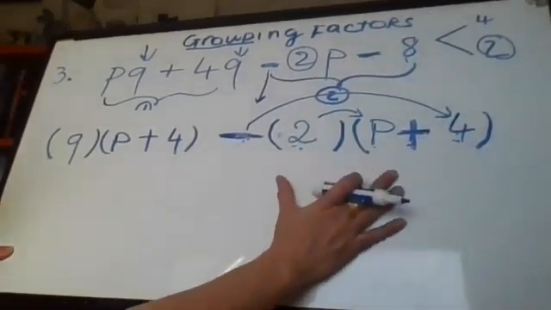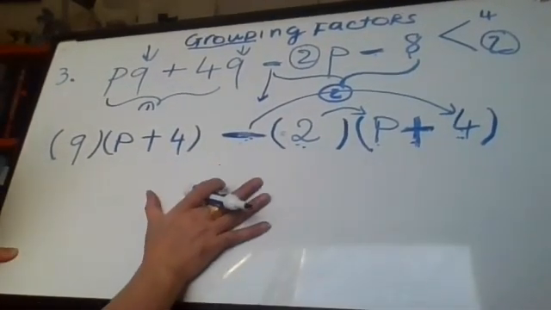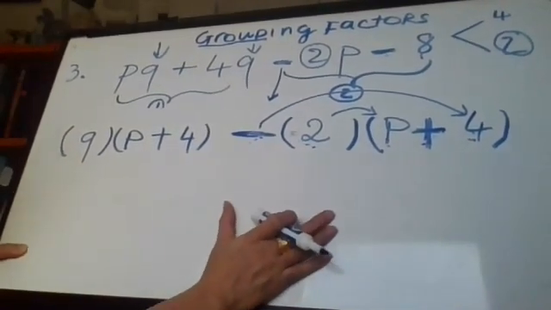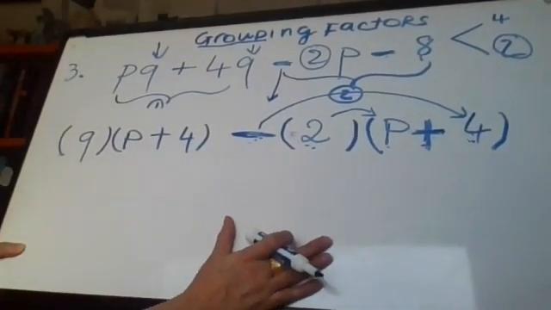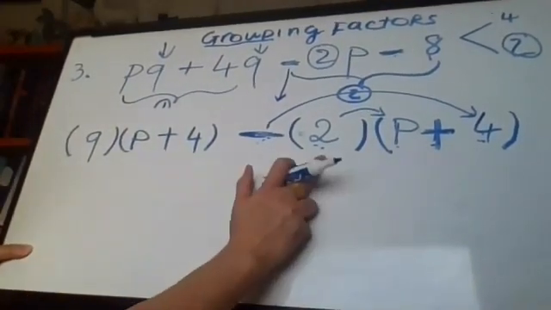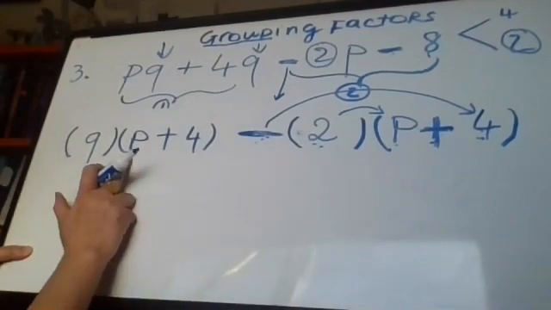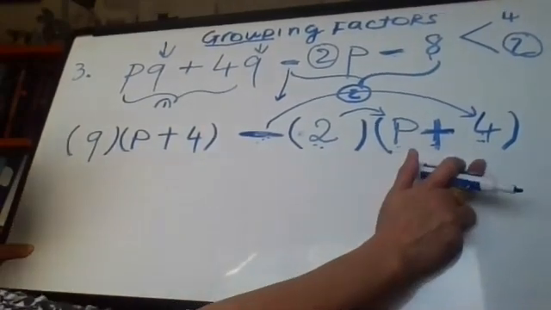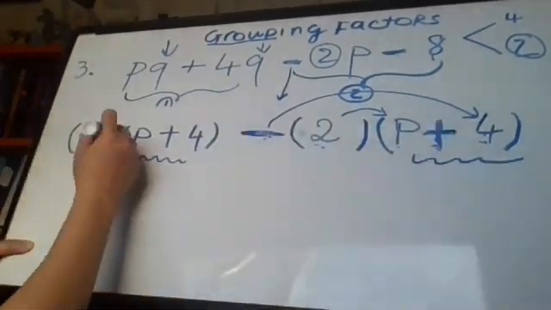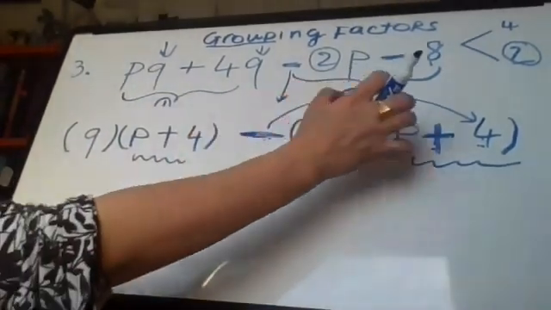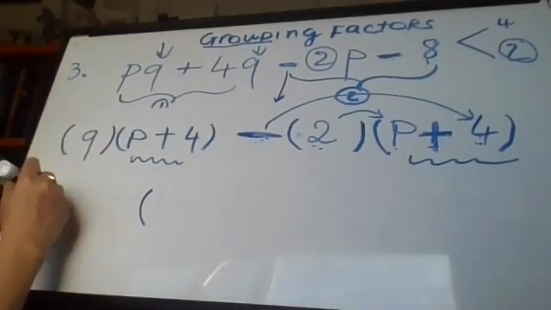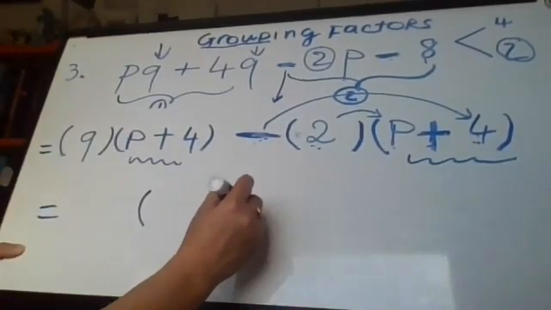This still looks very messy. We're going to have to condense it into two brackets. Keep factoring down until we cannot go further, right? What is common in this expression? Q2, not common. P plus 4, P plus 4. Oh yes, it's common, right? And mark it. So it means we can pull this common out again and break it, become another two brackets